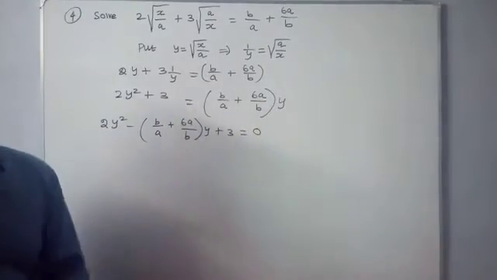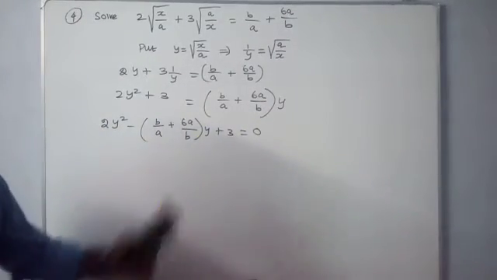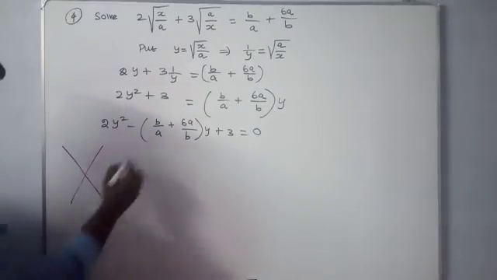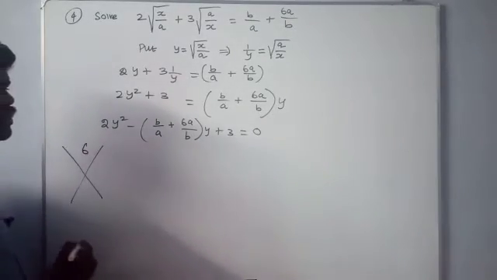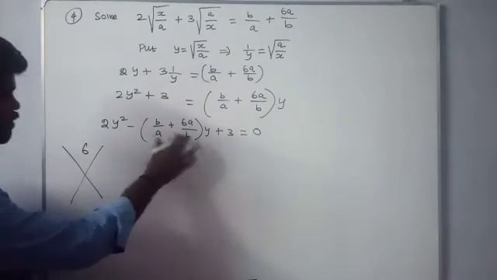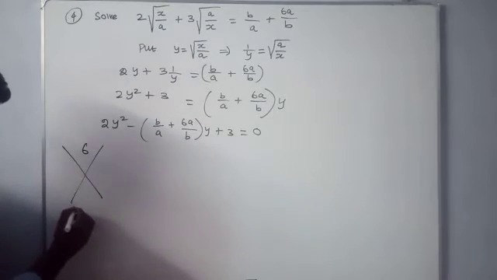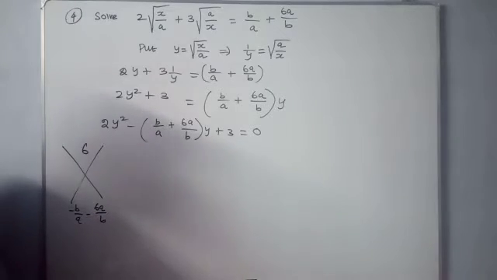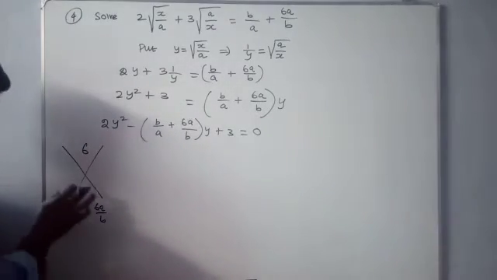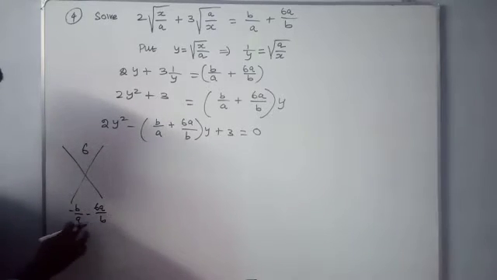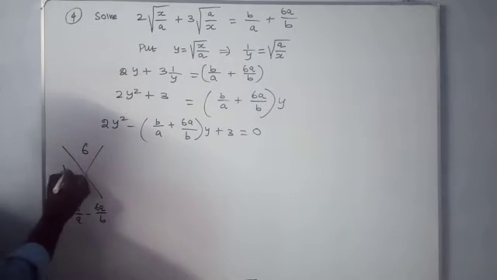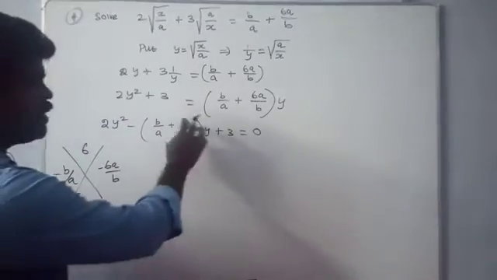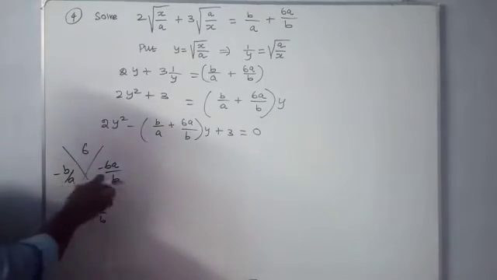So this is the quadratic form. But how to solve it? It is very easy, because this is the multiplication factor. 2 into 3, 6, and this is the addition factor. What is the value? Multiply minus inside. What are the answers? Minus b by a minus 6a by b. This is the multiplication factor, and we don't find the factor because these two are the factors. What are the values? Minus b by a and minus 6a by b. We don't cross multiply this because this is the direct factor.